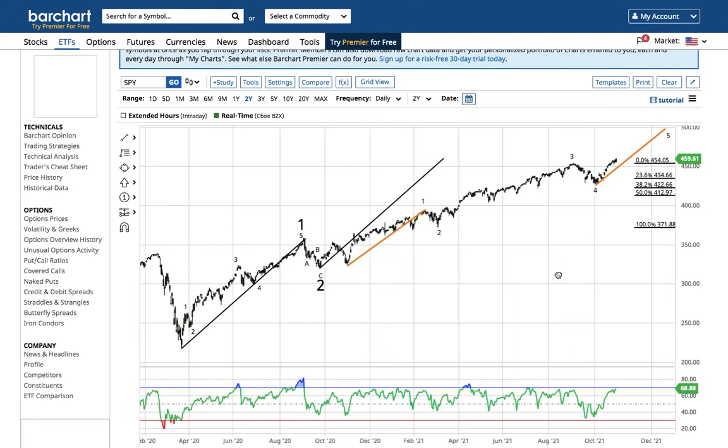And where is SPY now? 459.61. Okay? So some people think Elliott wave theory is silly, right? I think shorting the stock market for a year during a historically fast rally is silly. But, we all have our different priorities.